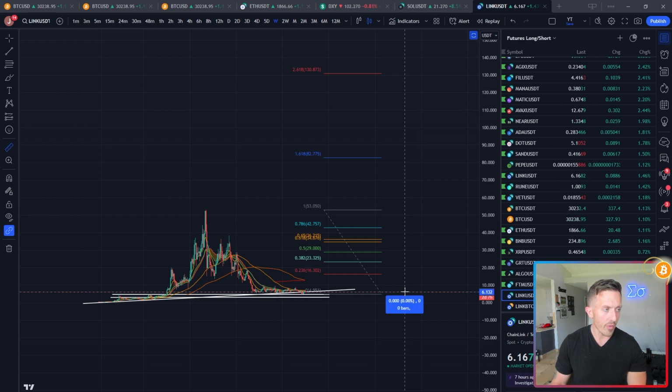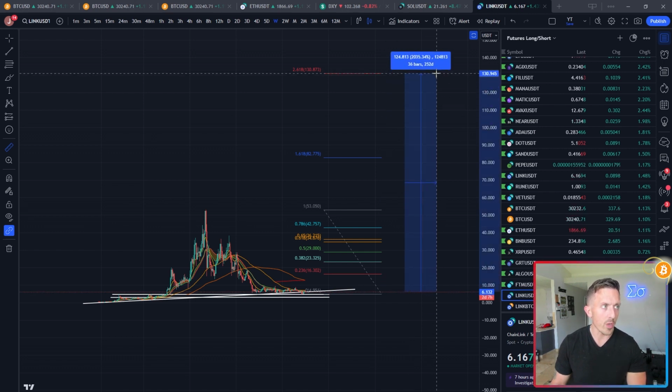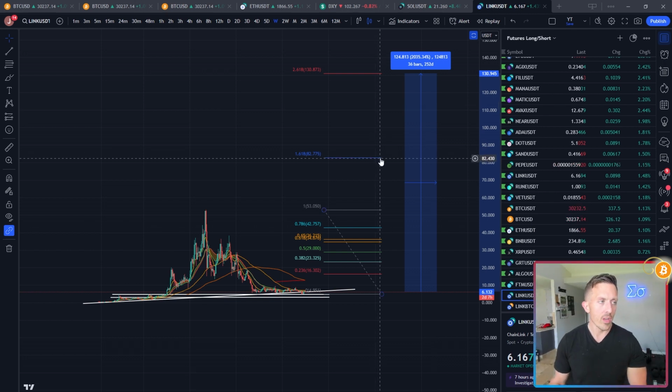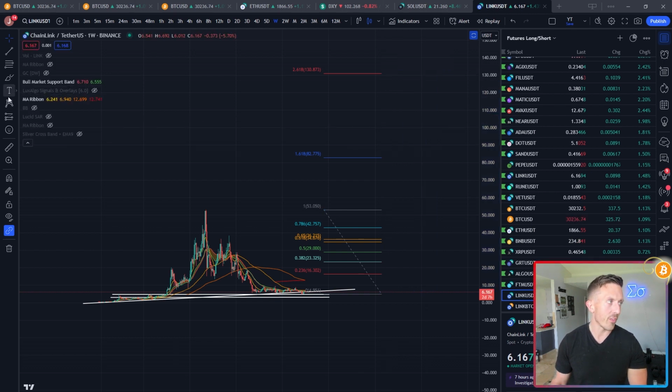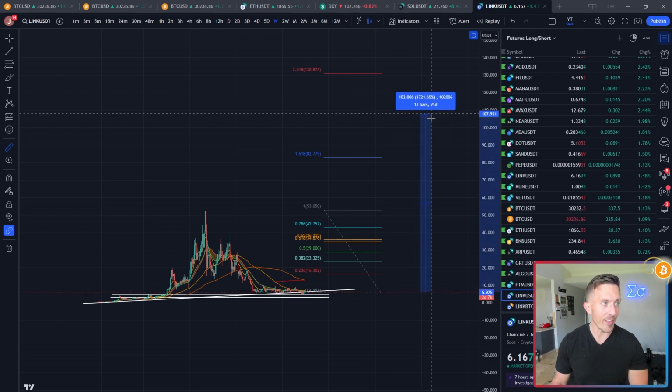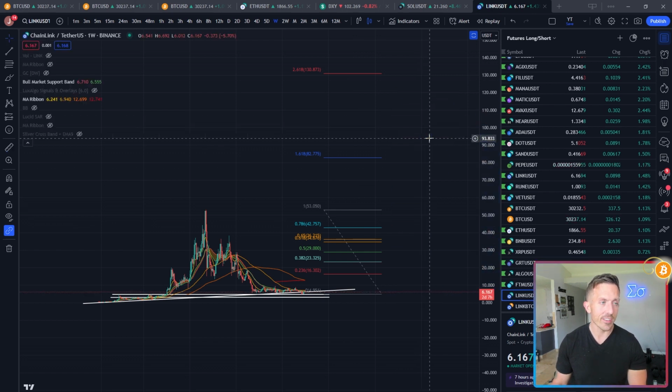So from current valuations to the 2.618, that's a 20x at $130. Personally, if we were to blow past $80, I would be looking at the next big level here at $100 and say, you know what, I think that's probably where I'm going to take my profit. I'm happy with that. That is a 15x. If anybody's upset with a 15x, I think you need to go have a psychological evaluation. Not psychological advice, also not financial advice.